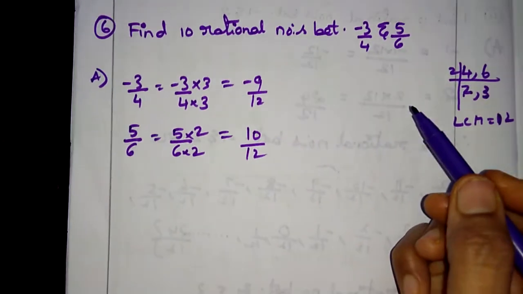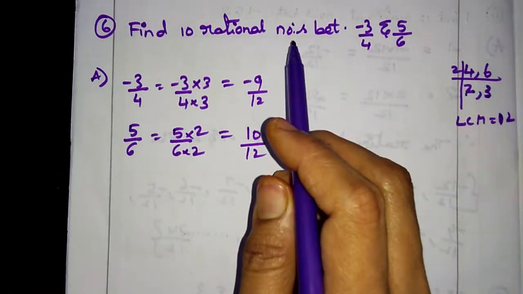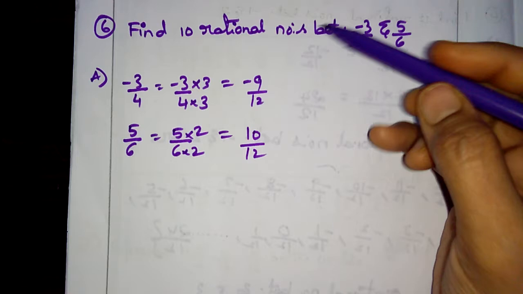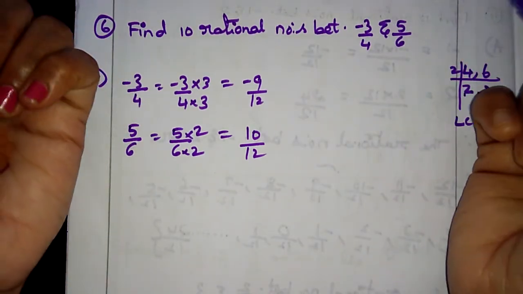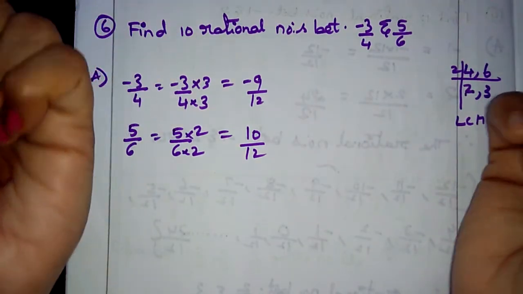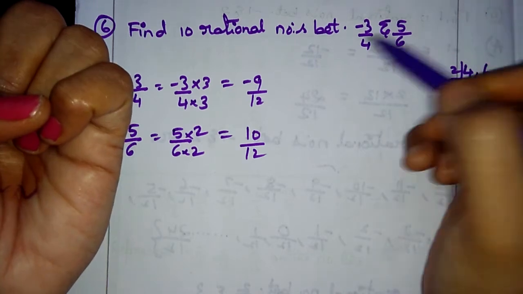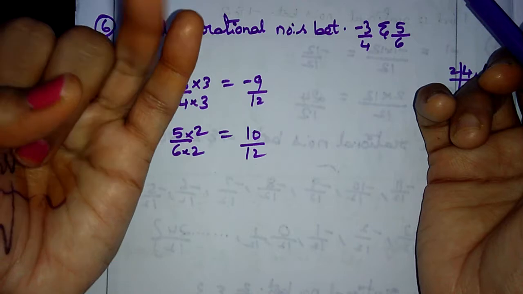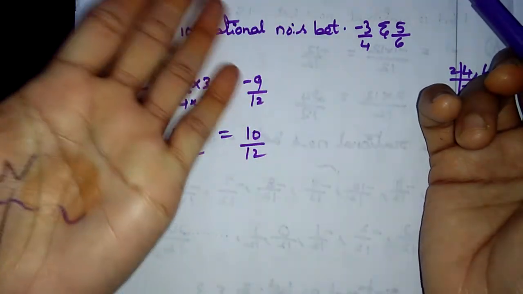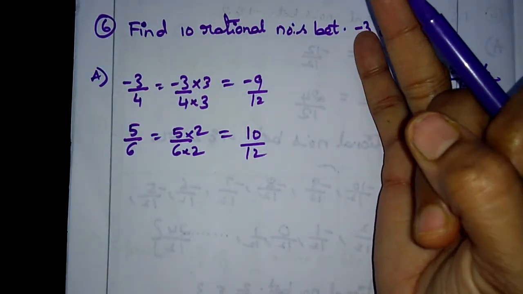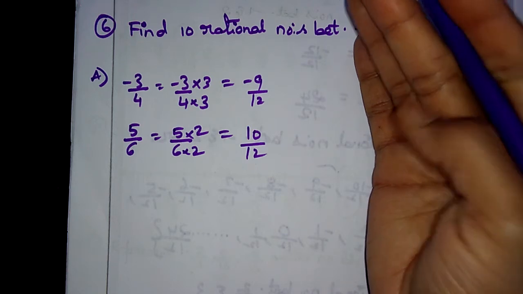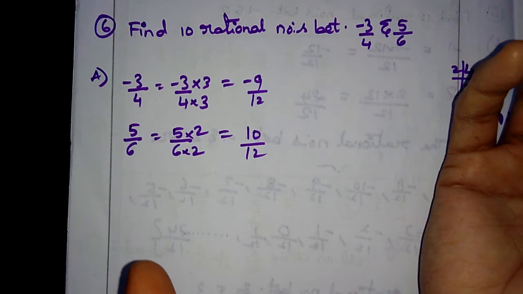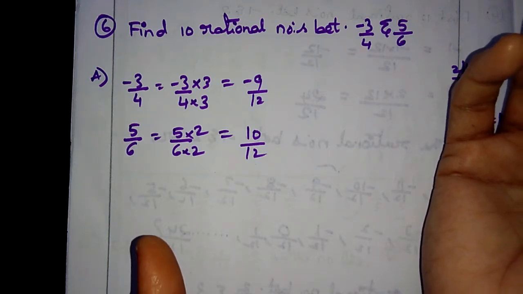Okay. Now see children, what is the question? Find 10 rational numbers. Yes, here it is not 9, it is minus 9. So can you get 10 rational numbers or not? I am telling only numerators. See this minus. Between he is asking, so don't include minus 9. You will include minus 8. Minus 8 by 12, minus 7 by 12, minus 6, minus 5, minus 4, minus 3, minus 2, minus 1, 0, 1, 2, 3, 4, 5, 6, 7, 8, 9, 10. So many rational numbers we are getting.